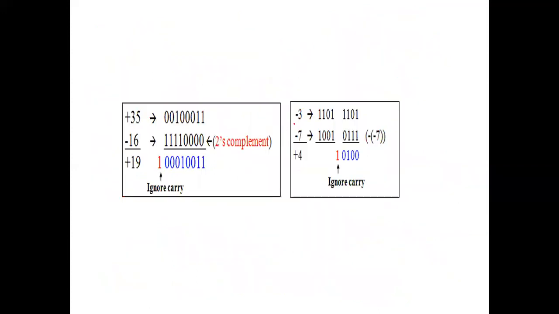You can work out with more examples. So 35 minus 16; here minus 3, minus of minus, it will become plus 4. That's why here you see 7 is represented in 4 bits. Actually 7 will be represented in 3 bits. I am adding the 4th bit, and we have to ignore that carry. Got it? We have to ignore that. And this is minus 3 minus 7, but what I have taken is minus 3 plus 7. So you will get it as minus 10.